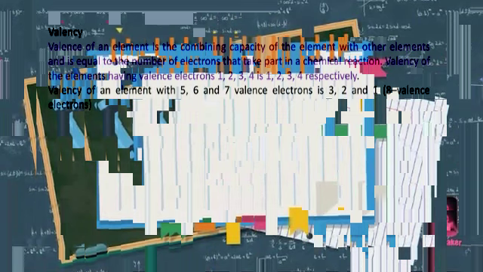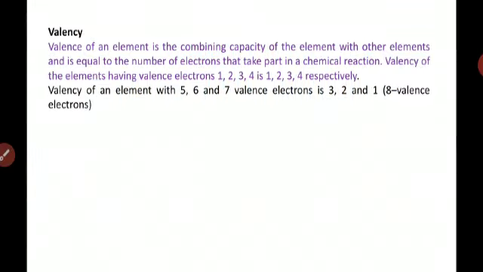The outermost shell of an atom is called the valency shell, which means the electrons present in the outermost shell, and the electrons present in the valency shell are known as valency electrons. The chemical properties of elements are decided by these valency electrons, since they are the ones that take part in chemical reactions. Right?